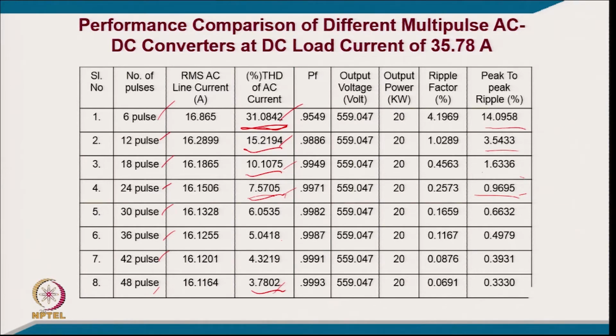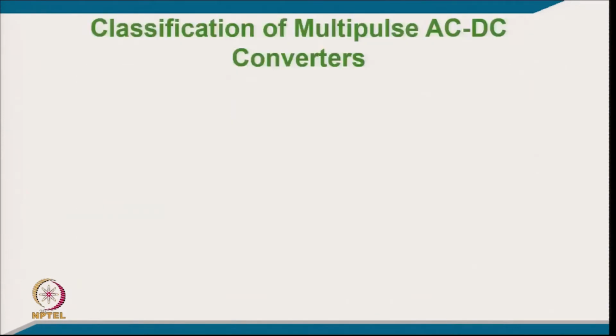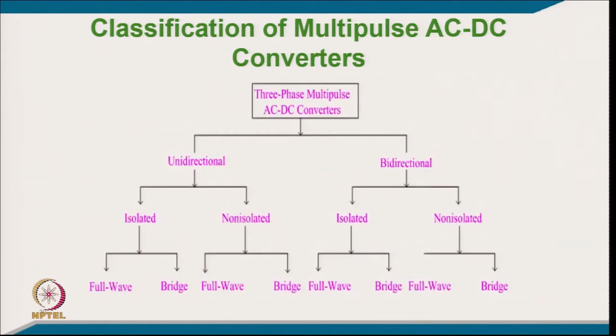For the remaining, of course, we are able to design with some innovation and get much lesser THD, even a lower number of pulses. So, now coming to the classification of this multipulse AC-DC converter, normally these are 3 phase supply,